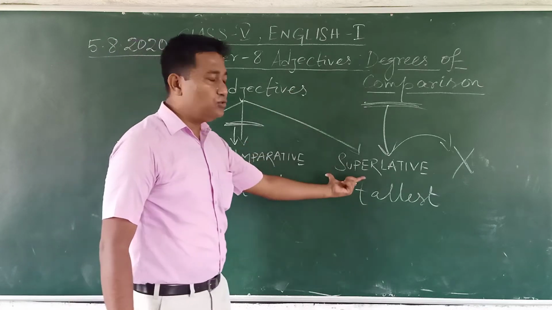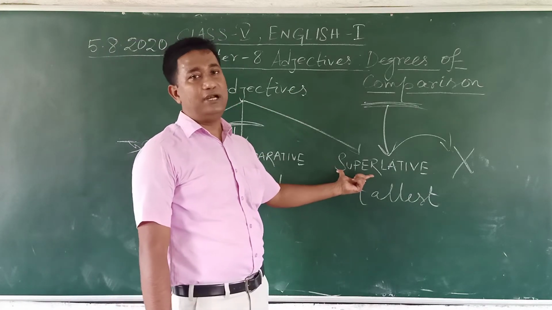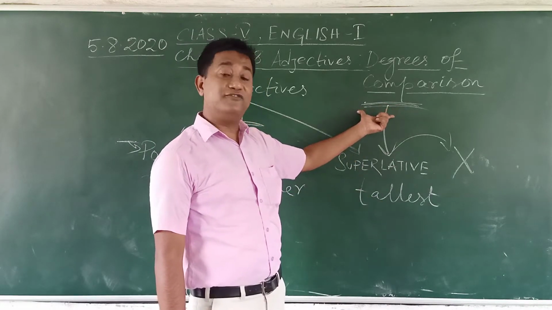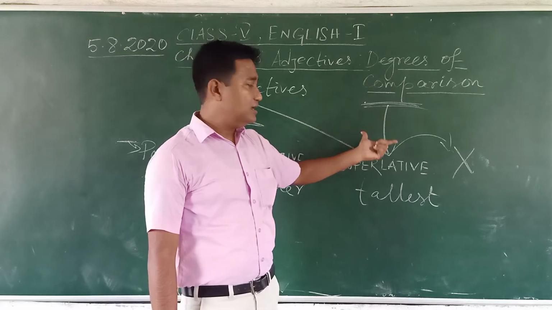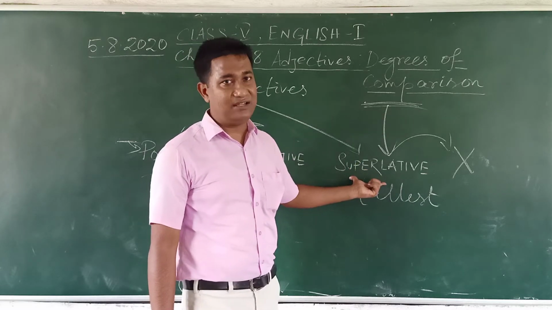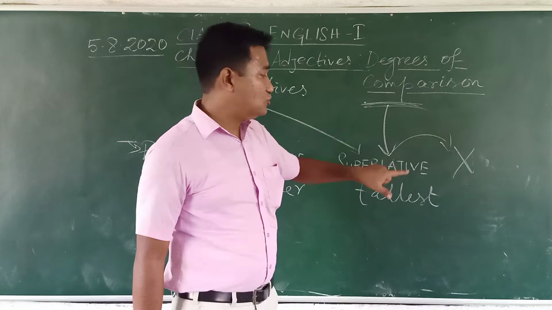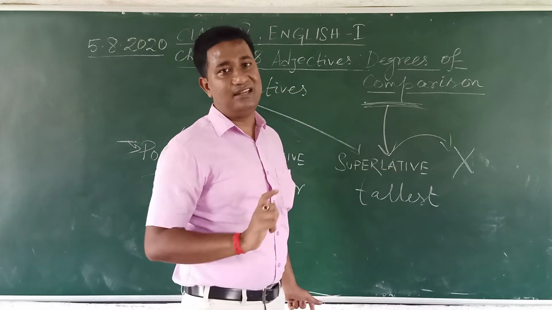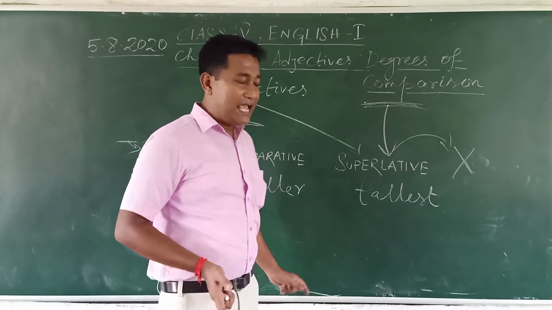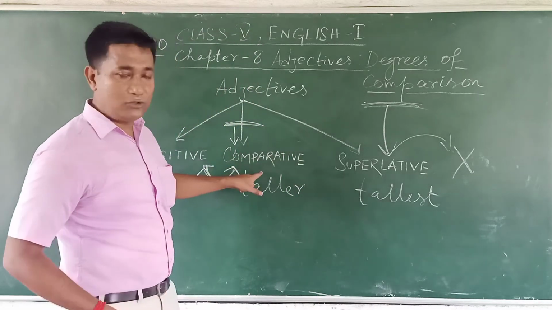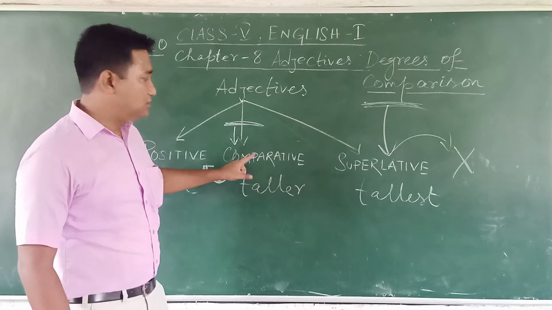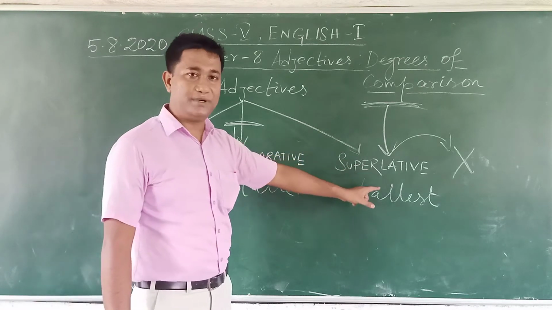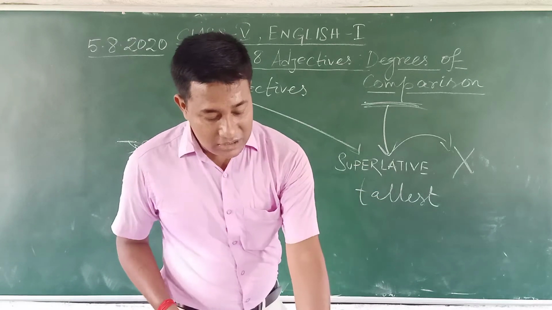Okay. Then coming towards your superlative form. So superlative form means what? Superlative form means the highest form, above all. Okay. So it is the supreme form of an adjective. We cannot go anything beyond. So this is the last one, tallest. Tallest means the highest one that we are expressing in a sentence. And this superlative form is above all of these two forms, the positive and the comparative form. So this was the main idea.